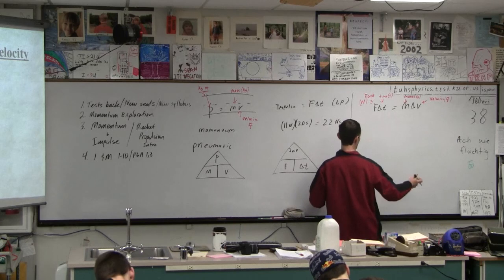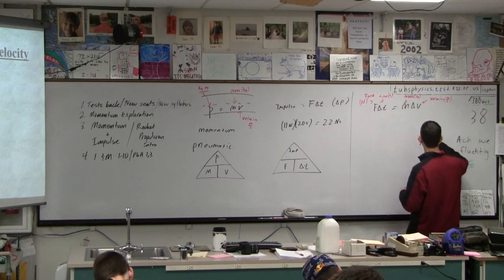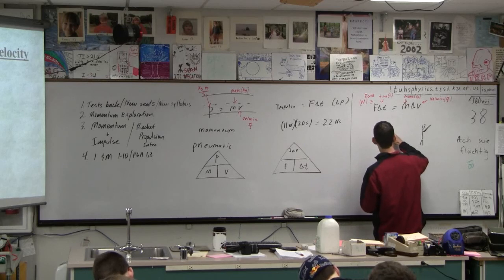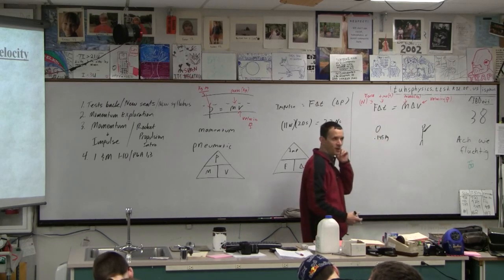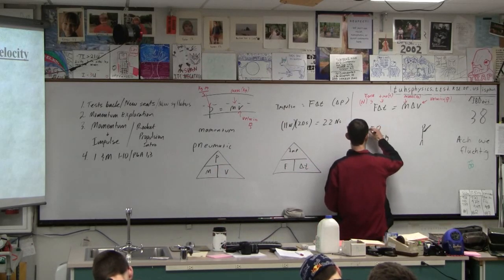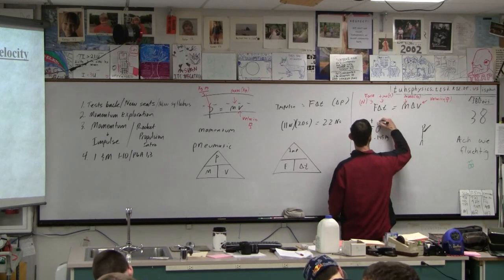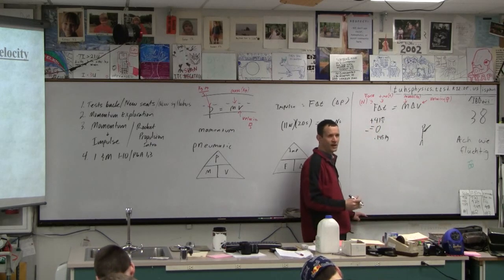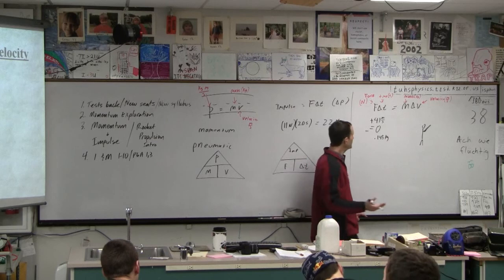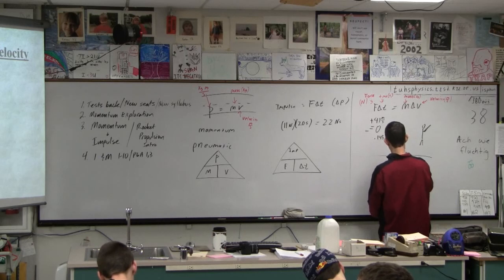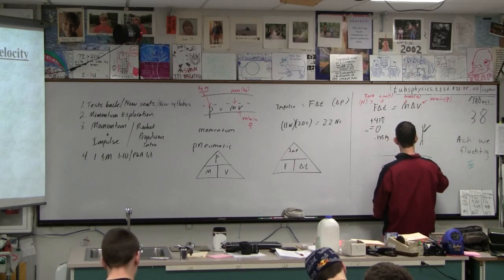So let's do an example problem. Let's suppose we've got a batter here. The batter hits the ball, and the ball has a mass of 0.145 kilograms. I think that's what a baseball is, 145 grams, something like that. And let's suppose the ball is going this way with a velocity of positive 41 meters per second. And the batter hits the ball, and I think batters can hit the ball faster than a pitcher can throw them, can't they? So let's say that the ball goes back outward, and when it gets hit, the ball is flying this way at 53 meters per second,